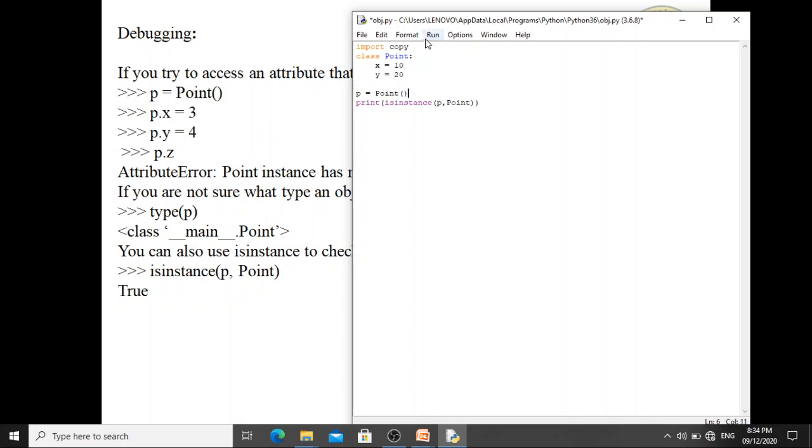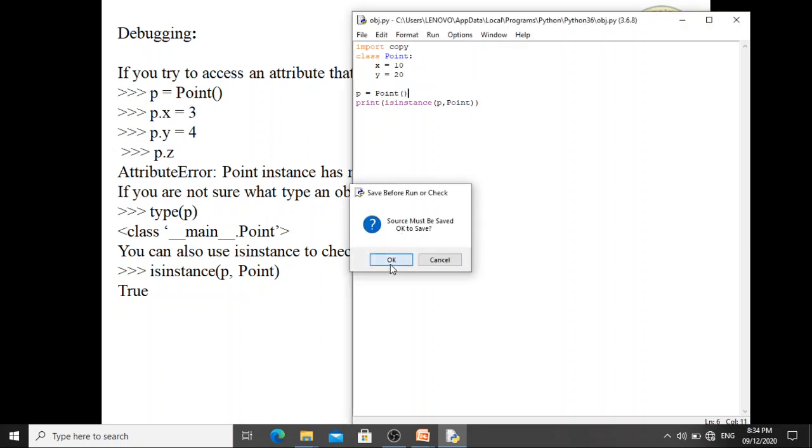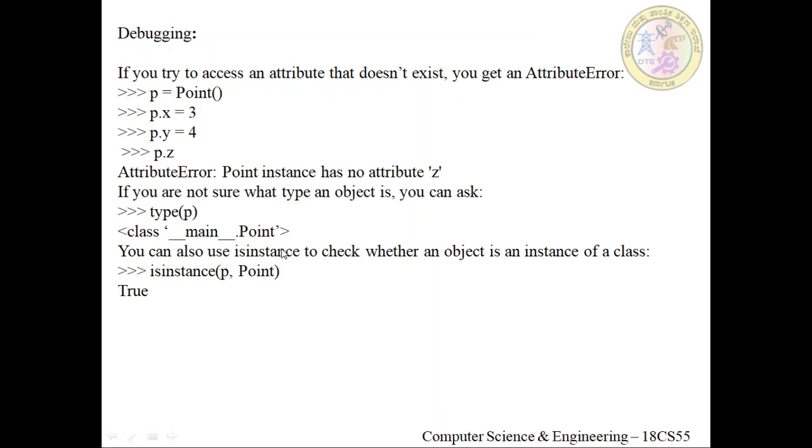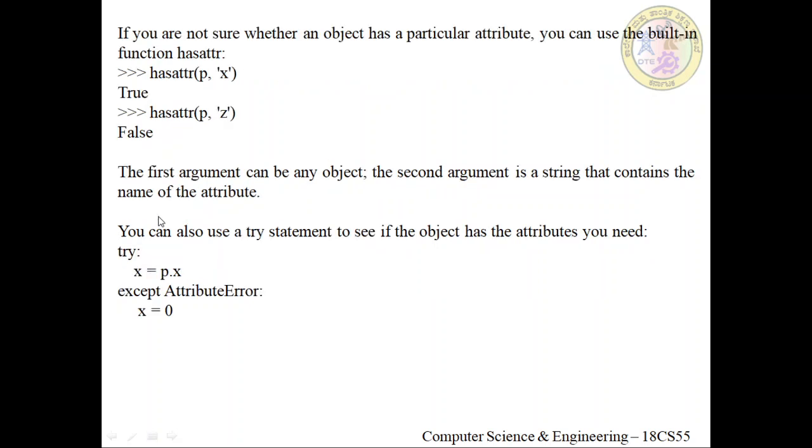When we run this, it returns True. So isinstance can be used, or the type function can also be used. This is on debugging. And if you want to check whether any object has a particular attribute, we have a function called hasattr. So hasattr(p, 'x'), where p is a point object and x is the name of the attribute.